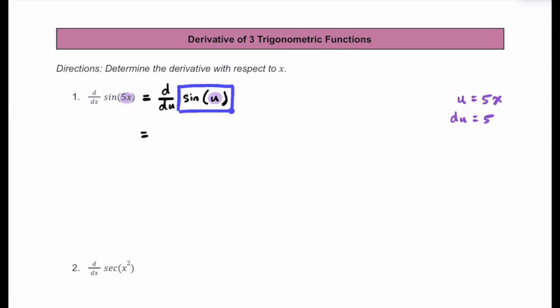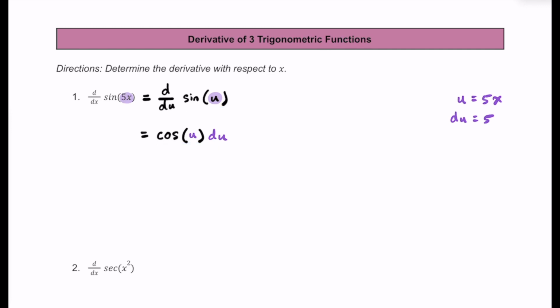Try to go back and check your trig derivatives here, but the derivative of sine of something, or sine of u in this case, is just going to be cosine of u. So this is going to end up being cosine of whatever that u value is. I'm going to say cosine of u. Go ahead and use this purple color here. And once we do that, we're also going to have a du, right? So I'm going to go ahead and write du. Now, just like that, we just found the derivative of sine of u is basically just this cosine of u